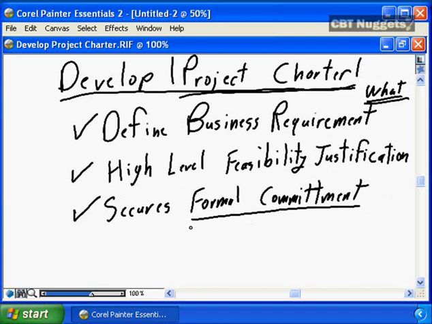There's nothing in project integration management that says we must create a project charter. What the PMBOK guide says is we must ensure that a well-defined, proper project charter exists, and that we have the formal commitment. And to me, the only way to get formal commitment is with the evasive signature, and that is my signature. You must ensure that people are willing to put their name on this, that they believe with enough conviction that this is the right solution, the right decision, the right approach for our company, that they're willing to put their signature on it.